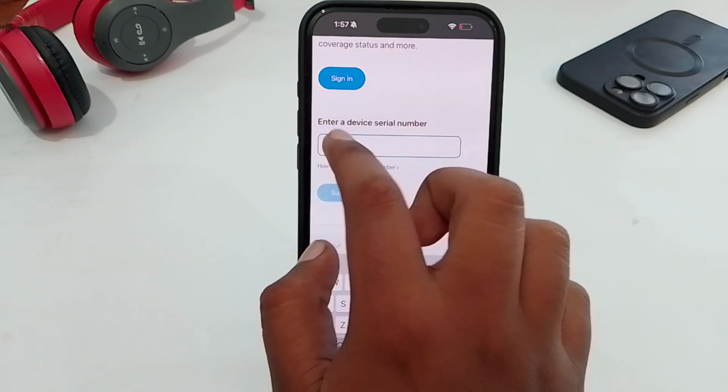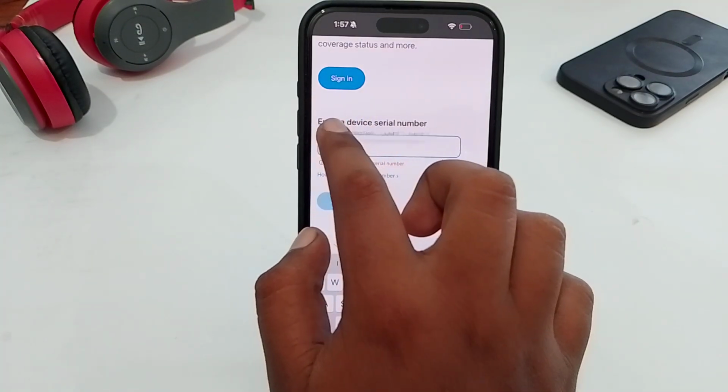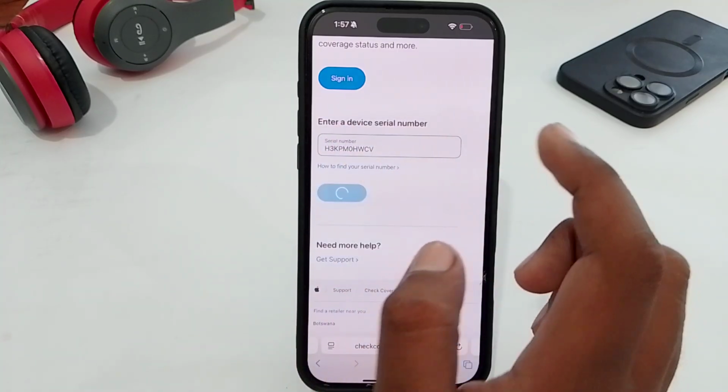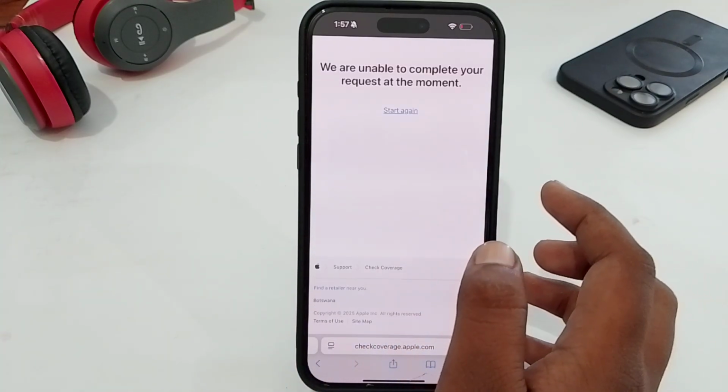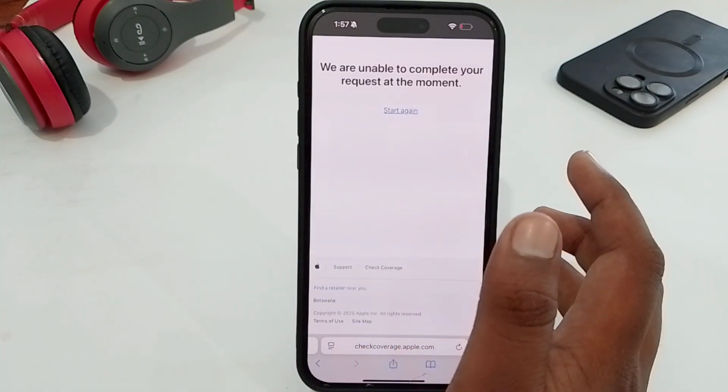Here paste the serial number and then submit. But if you